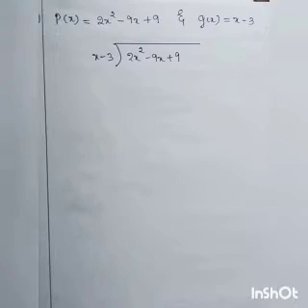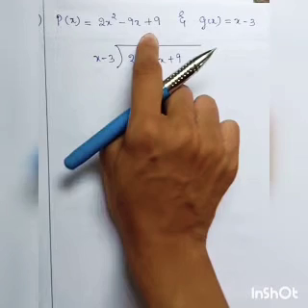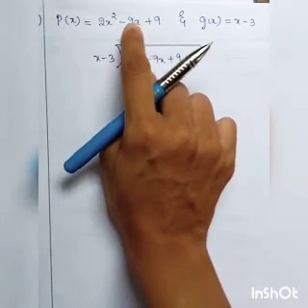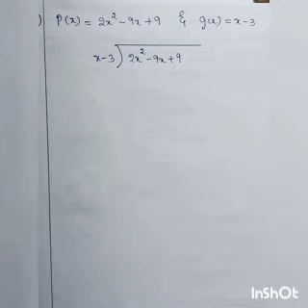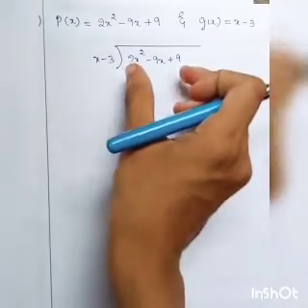The first step is always to check the given polynomial, whether it is in descending order or not. If it is given in descending order, no need to worry, we can apply directly. If it is not in descending order, the first thing we have to do is write the given algebraic expression in descending order, students. That means we have to check its degree first. Seeing its degree we can understand, and we keep the expression in descending order. So 2x square minus 9x plus 9 divided by x minus 3. This is the dividend.